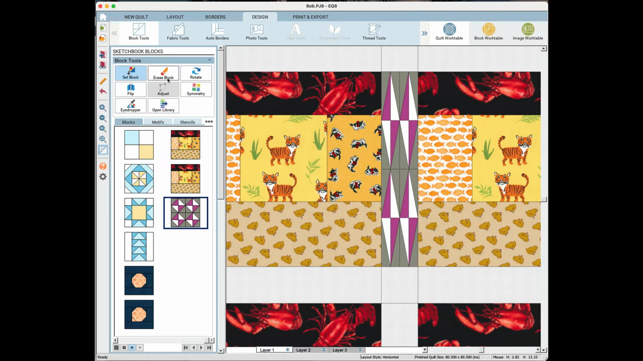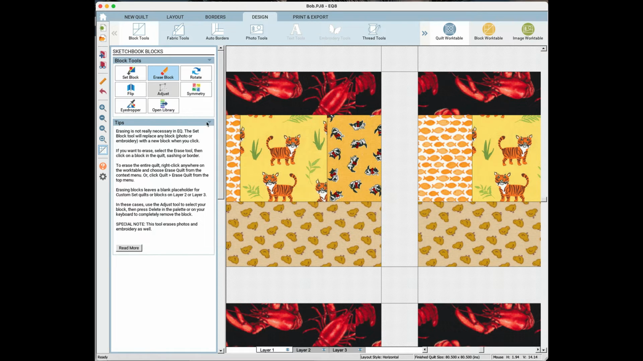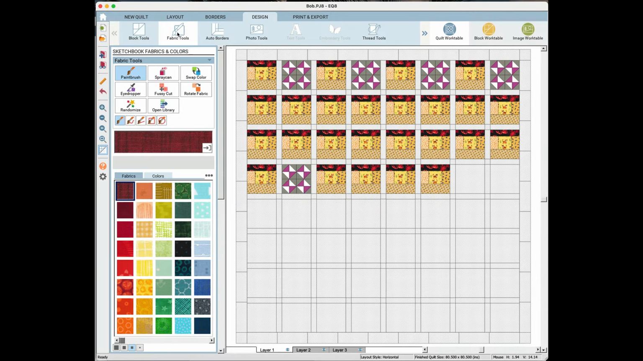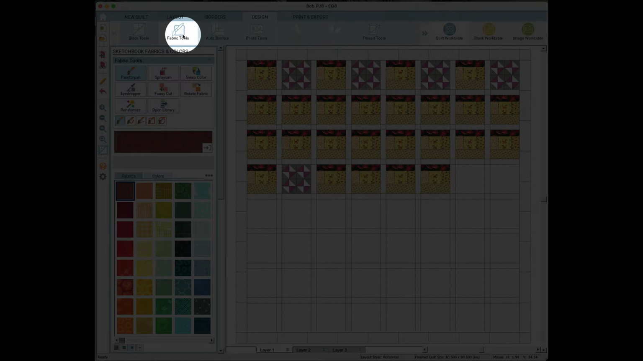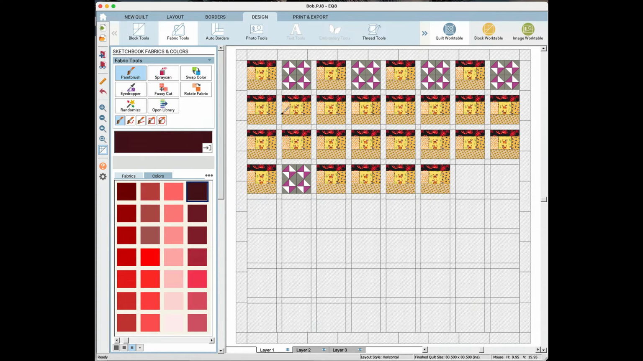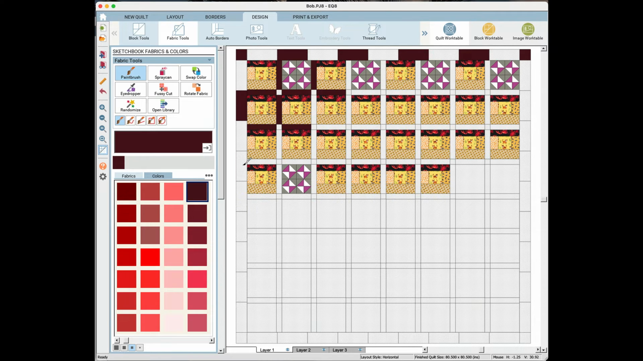So let's use the erase block and get that one out of there. Once you have your blocks placed, you can use the fabric. So up here in the fabric tools, you can add fabric as your sashing. You can also add colors if you just want solids here as well. You can do really whatever you want. It's just a lot of fun to come in here and play with it and just see what you can